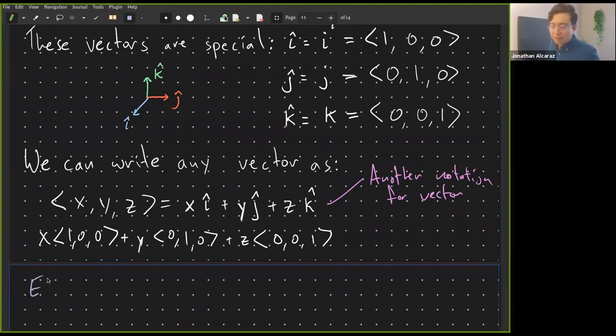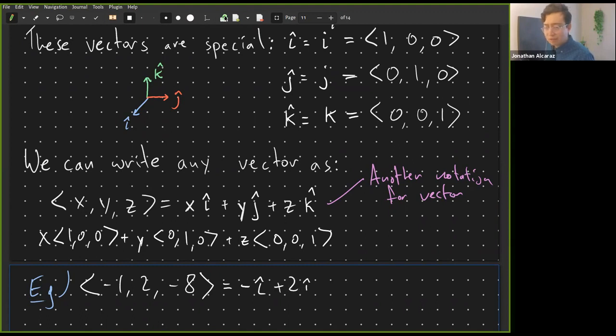But as a little example here, if I have the vector -1, 2, -8, I can write this as -I plus 2J minus 8K. So this is another notation for vectors that comes up sometimes,